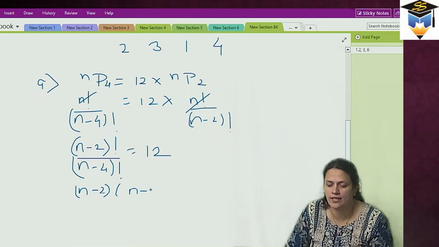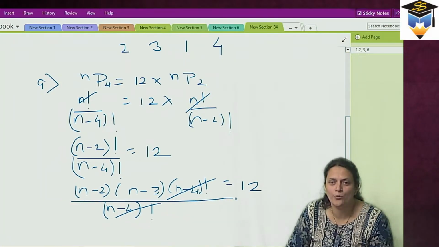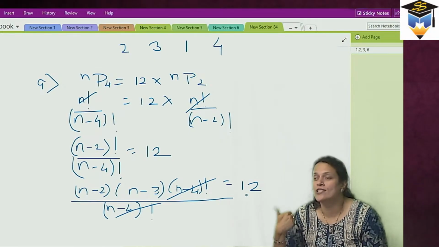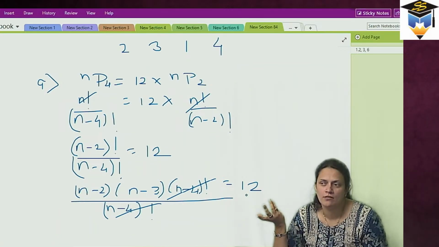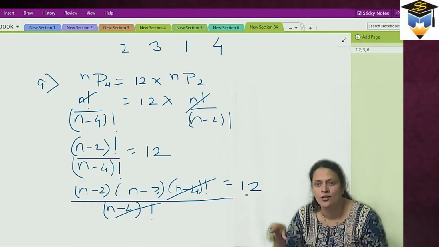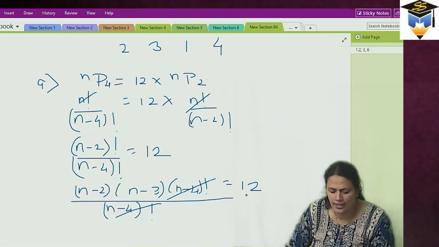Into n minus 3 into n minus 4 factorial upon n minus 4 factorial. So find out 12 factors, such that they are a product of consecutive numbers. 6 into 2, is it possible? No. Consecutive means one after the other. So 4 into 3. So that you can write this down as